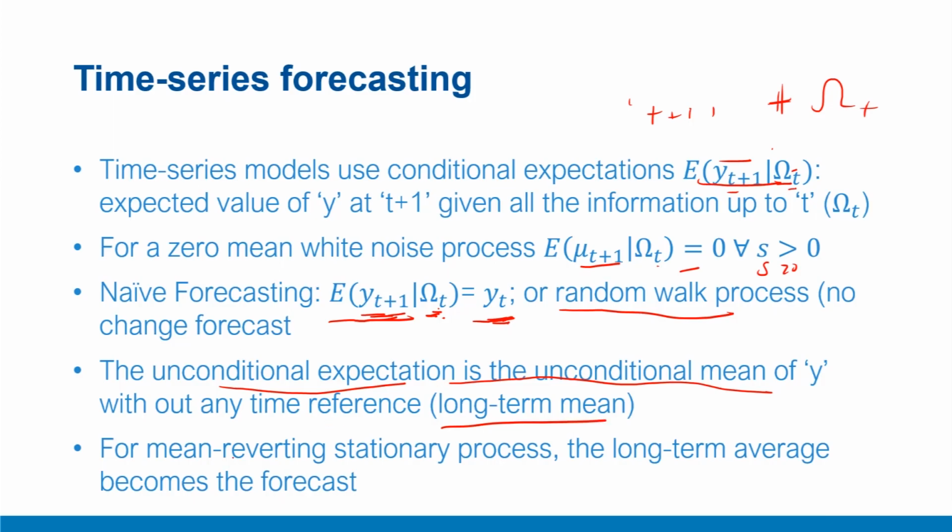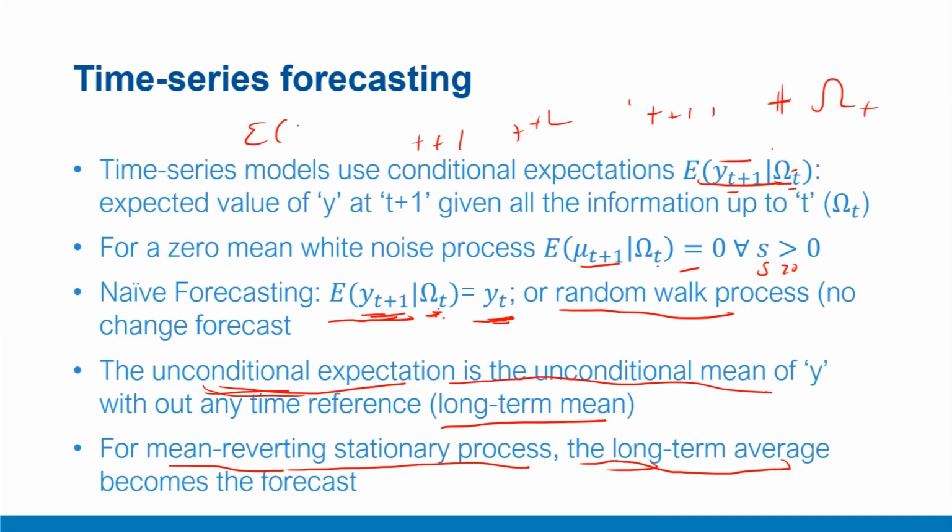So for a process which is mean reverting, which is known to revert towards some kind of long-term mean, we take the unconditional long-term mean. What is unconditional? We have taken the mean over a long horizon, not specific to a particular information set. It is some kind of long-term average that is used to forecast at any time t. This long-term forecast remains valid whether you are looking at t plus 1 or t plus 2 or so on, and therefore it is unconditional, whatever time you are looking at. It is simply the unconditional forecast.